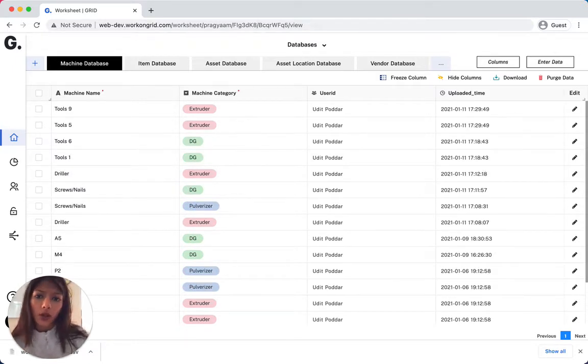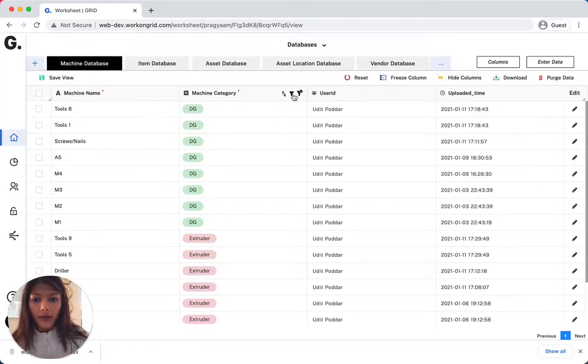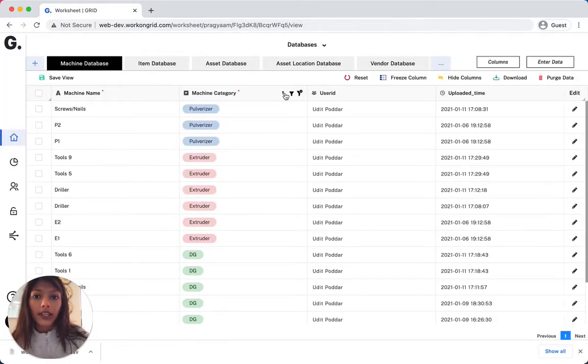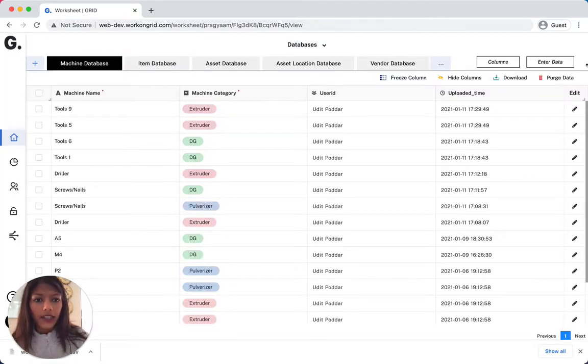Next I'm going to show sort. Right here again, when you hover, you can see this option of these arrows. This is the sort icon or the sort option on grid. When you click it once, your data will be set in ascending order. When you click it for the second time, your data will be set in descending order, and when you click it for the third time, your data will be back to its original form. That's how you can use the option of sort on grid.